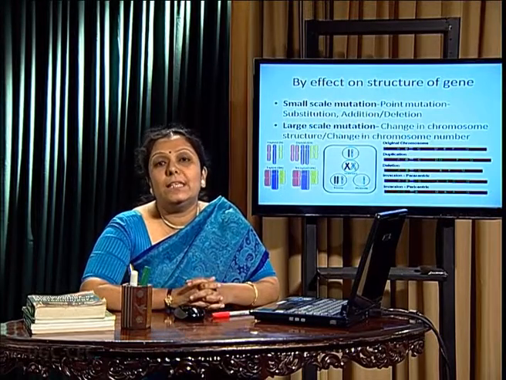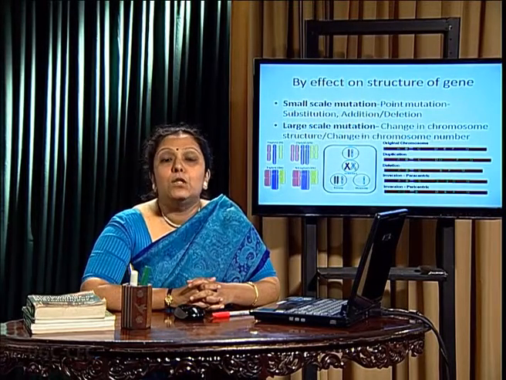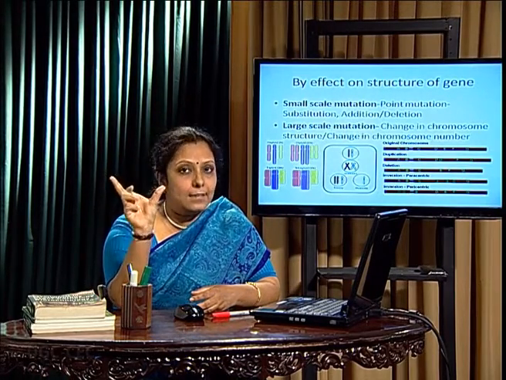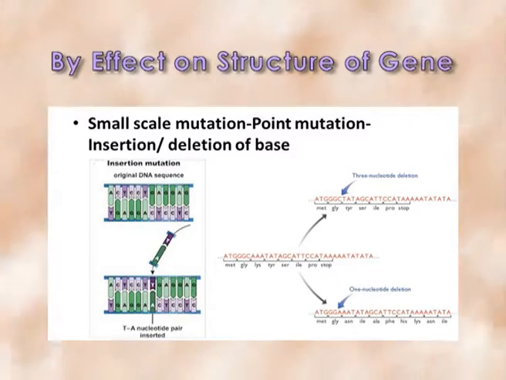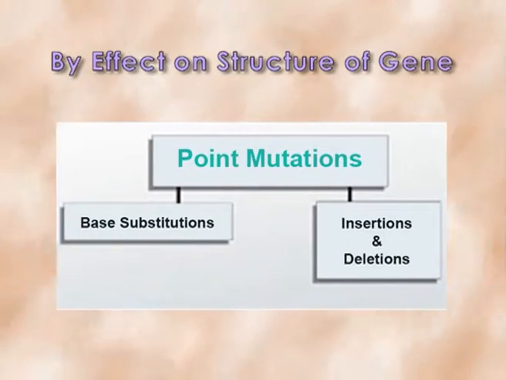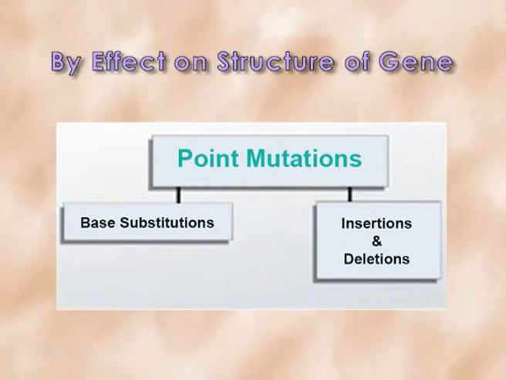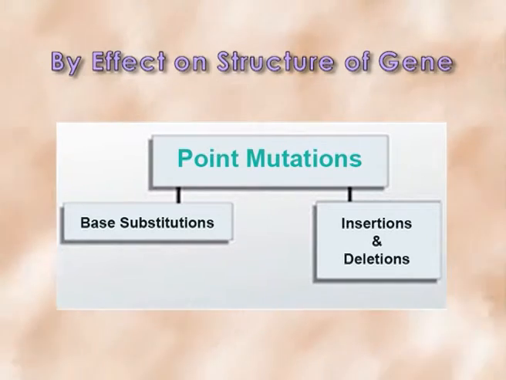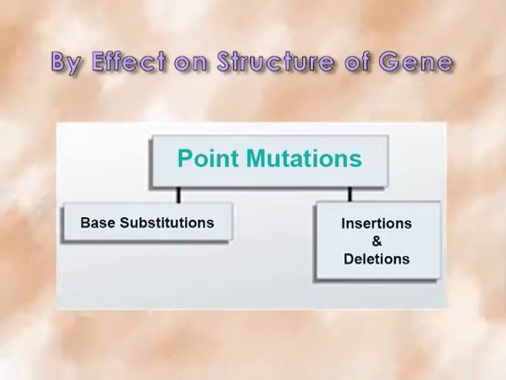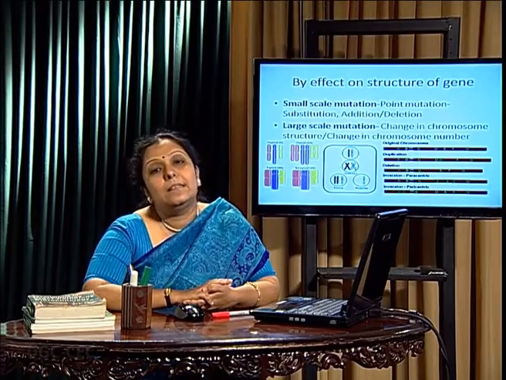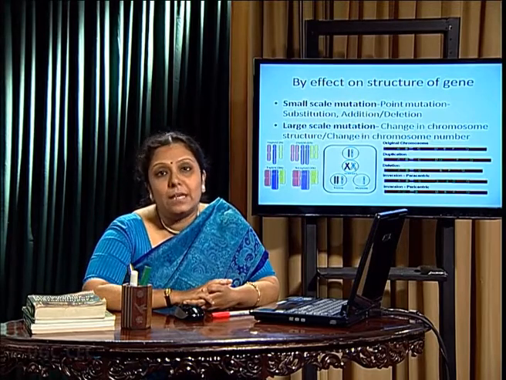The effect on the gene structure: gene structure effect may be at the small scale or at the large scale. The small scale is called the point mutation, just from one nucleotide to 1000 nucleotides. These point mutations may be substitution, that is change of one nucleotide by another. This substitution can give effect at the protein level because if the change occurs at the codon,